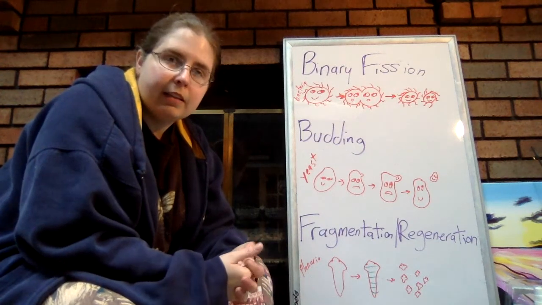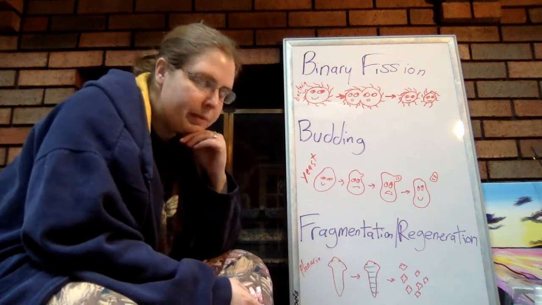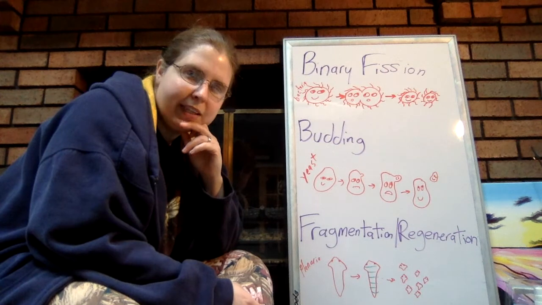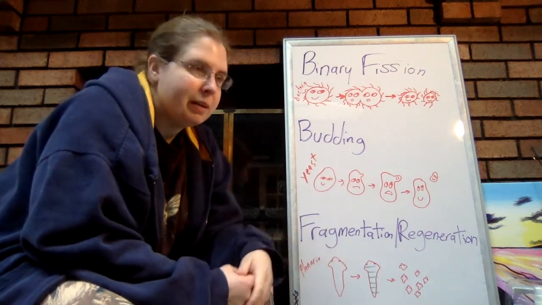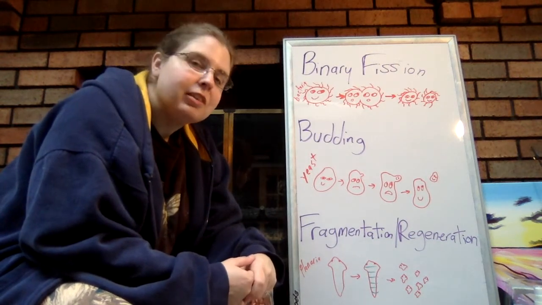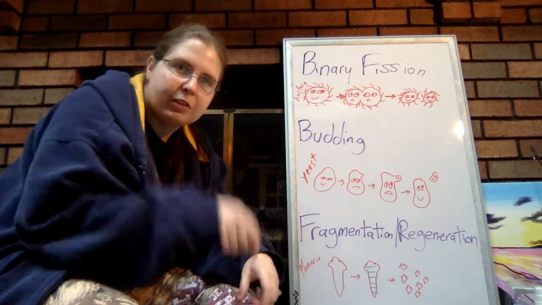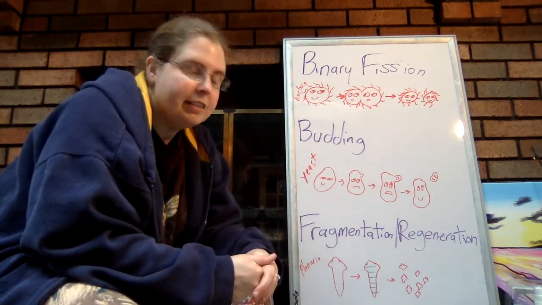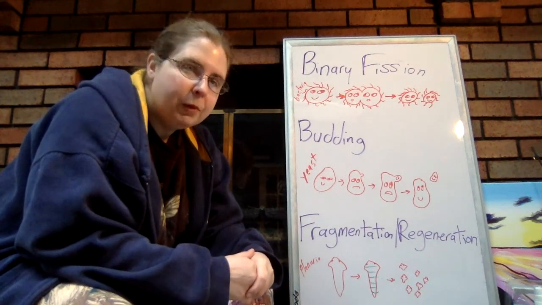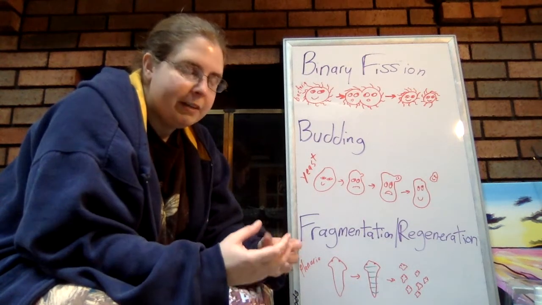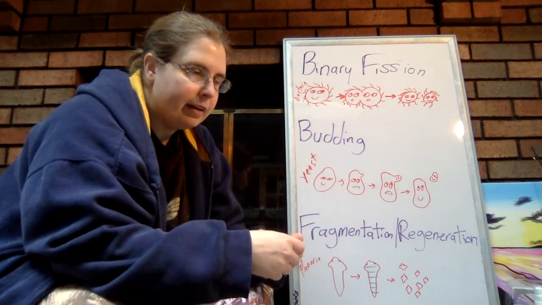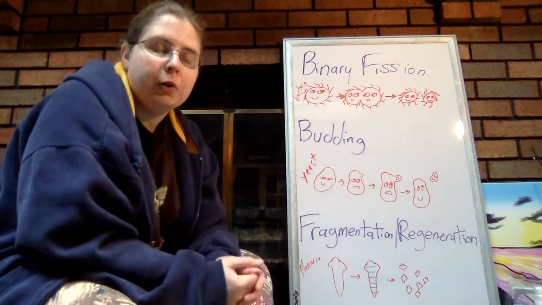We also mentioned that you can do this with plants. One of the big examples is bananas. The Cavendish bananas, the ones we typically think of as bananas, the ones we buy from the grocery store. I don't know if you notice this, but as a fruit, they should have seeds. When you bite into it, you can see that little star shape. That's where the seeds would be, but the seeds have been bred out because it's sweeter when the seeds are not there. So how we get more plants of that is we fragment. We cut a clipping off of an existing plant, and then we can plant it somewhere else, and it'll grow into a whole new plant.